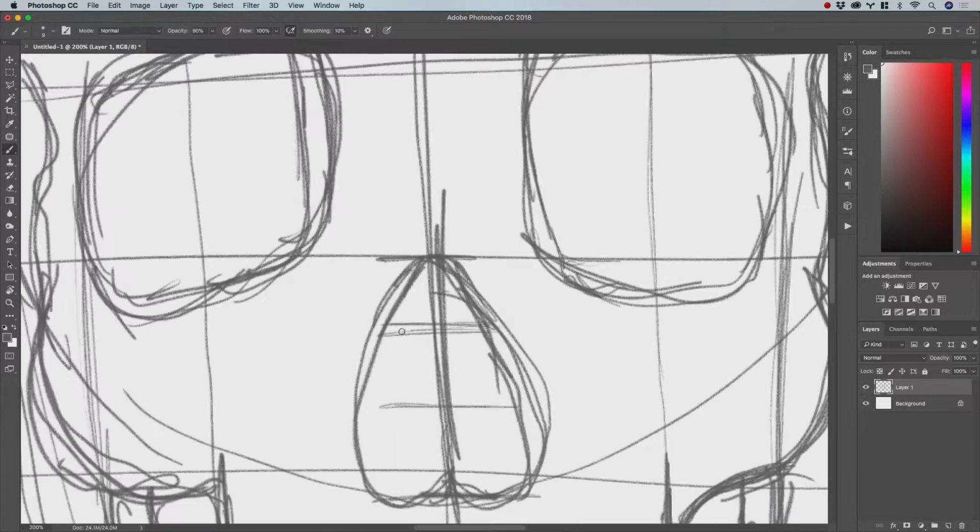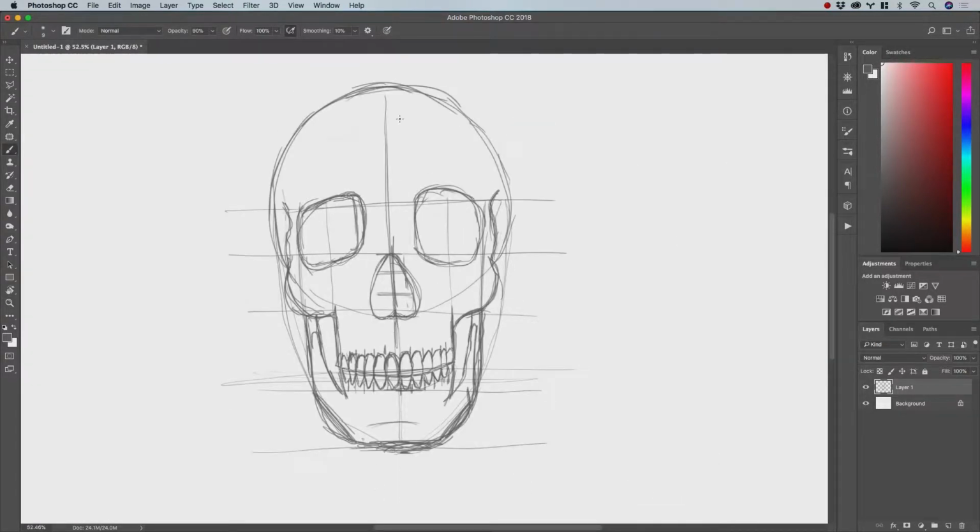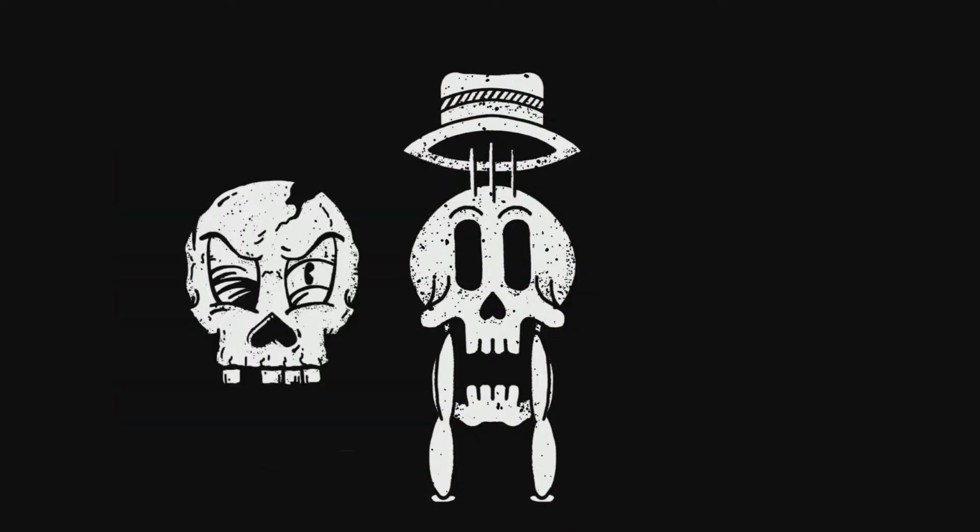And then from there, because there's so many skulls on the internet and you want your art to stand out, we're going to talk about stylizing it, changing it, kind of breaking those rules that I showed you. And then we're just going to get downright silly and we're going to draw really crazy skulls, cartoon skulls, completely